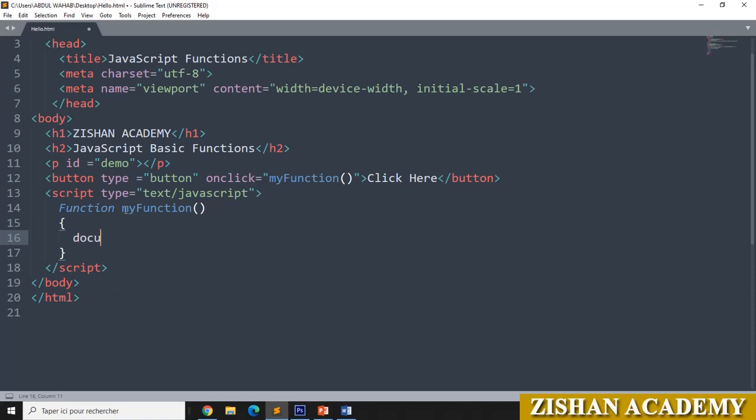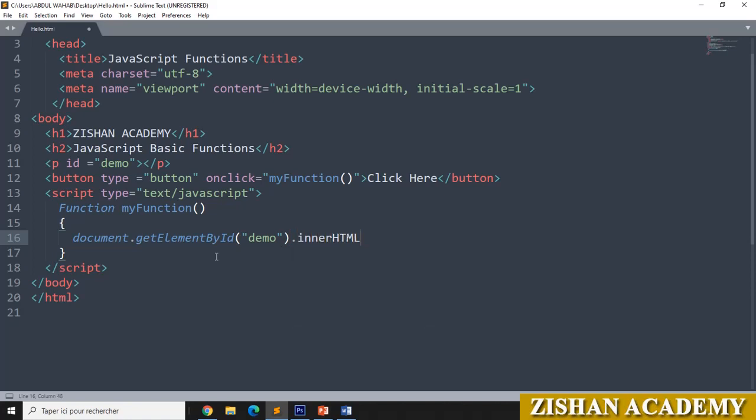Go for document.getElementById, B should be capital, and ID. We are taking this ID, the name we have given, demo. In the bracket we will go for double quotes. In between that we will give the name demo.innerHTML.